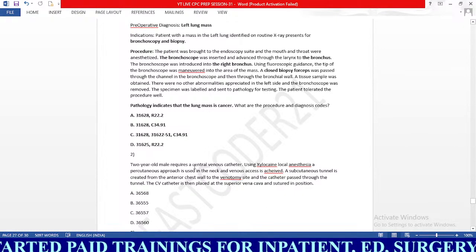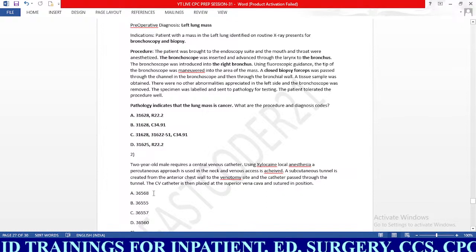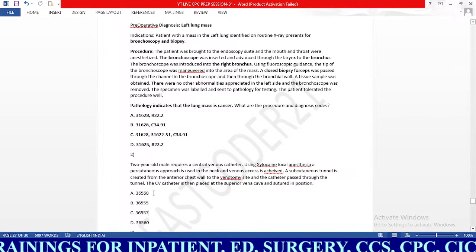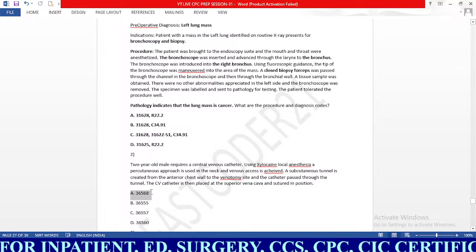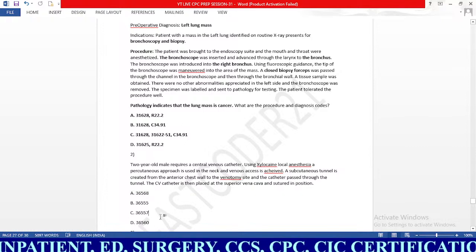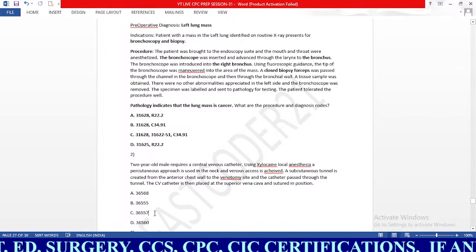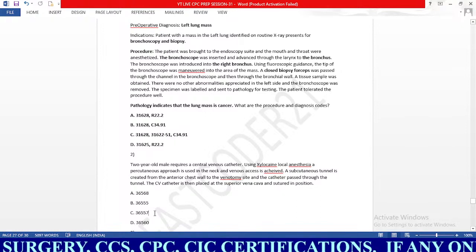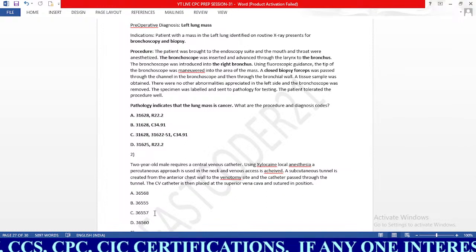So we need to concentrate more on central venous catheter placement. So 36568 is for peripherally inserted catheter, and as ours is central venous catheter, we can eliminate A. So we have eliminated D and A. So we are left with 36555, 36557. So we will check 36555 now. So 36555, insertion of non-tunnel